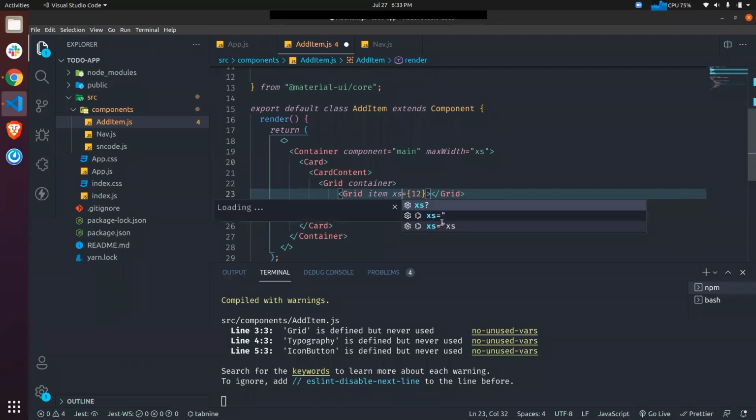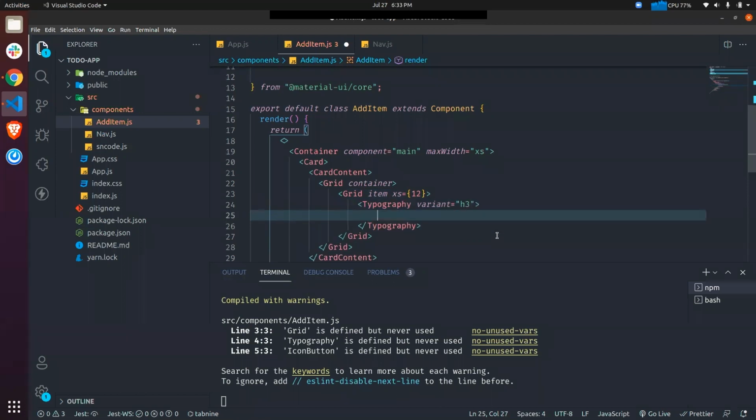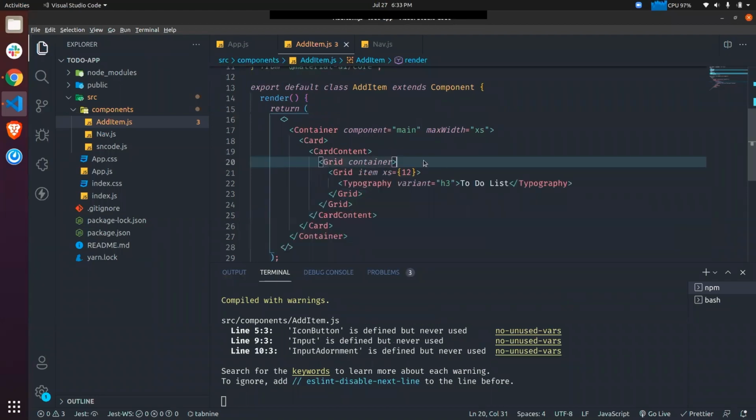So we'll just use XS for now. And inside this, we will write a typography of variant, let's say h3, and we'll write the to-do list. Now let's save it and see what we have got.